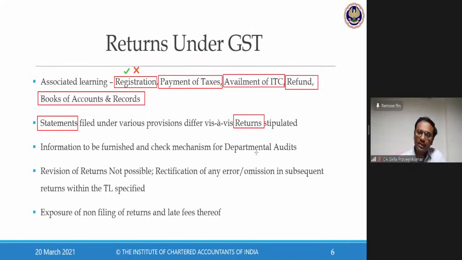GSTR 1 is not a return. GSTR 2B is not a return. What is it? It is a statement. So what is the difference between a statement and a return? A statement is just giving the details of transactions. I repeat, a statement gives the details of transactions, bill to bill or transaction to transaction based on the nature of your activity. If it is a B2C transaction, I bunch together and show B2C. If it is B2B transactions, line by line, I furnish the details to the authority concerned.